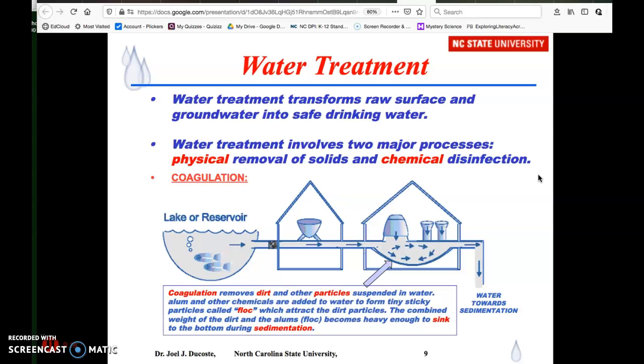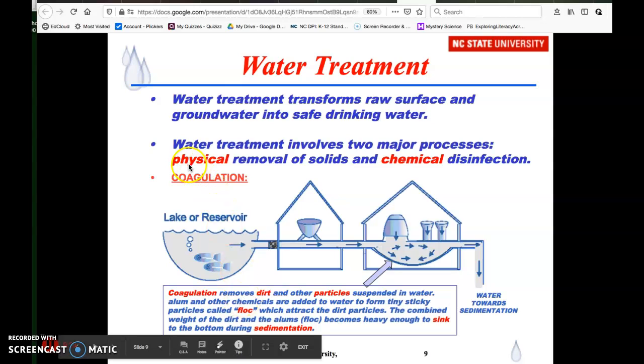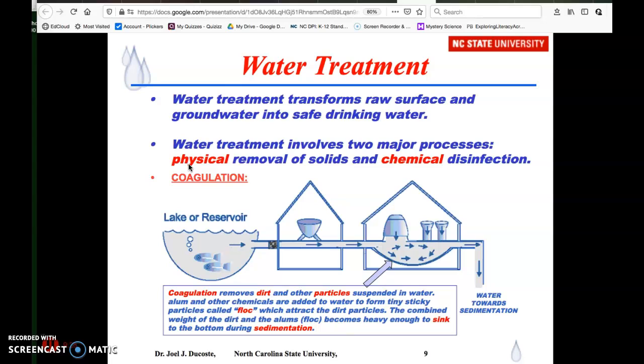Coagulation is the first thing we're going to talk about. Coagulation is the physical removal of solids. It removes dirt and other particles suspended in the water. Alum and other chemicals are added to the water to form tiny sticky particles called floc, which attracts the dirt particles if the filter didn't catch them. This combined weight of the dirt and the alum, or floc, becomes heavy enough to sink to the bottom during